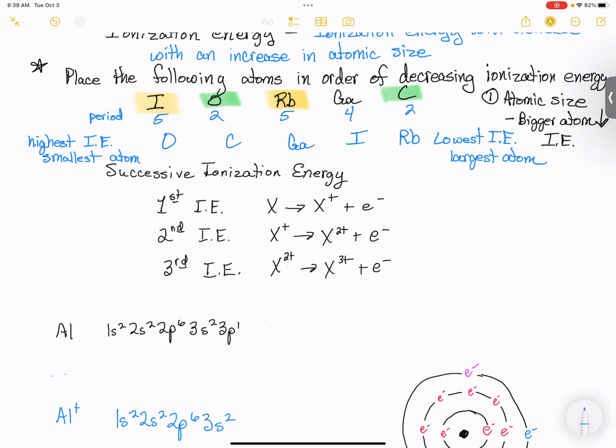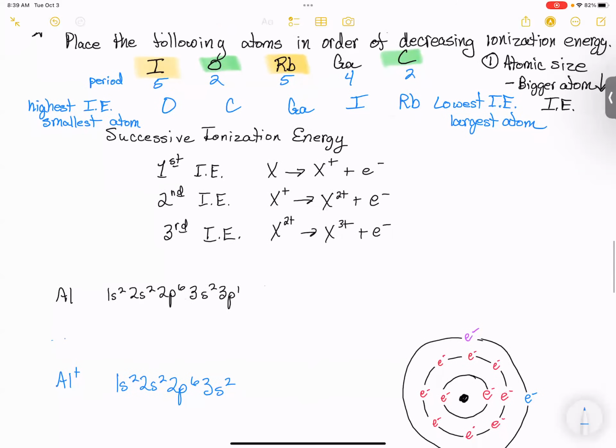Now, to see the impact of each successive ionization energy, let's look at the Z effective for the formation of each ion in line. So you have your aluminum atom,